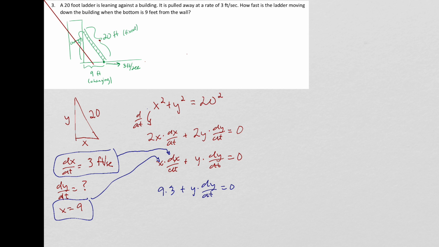So what I want you to see is that we can simplify that. We can get that to a number. It's 27. But I'm trying to figure out this. I need to get a value for y before I can actually solve for dy over dt. So in order to get this y, what I can do is actually apply Pythagorean theorem to this system with an x equal to 9. So I'll do that up top here. X squared plus, boom,